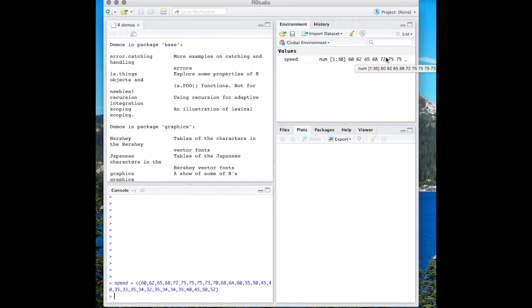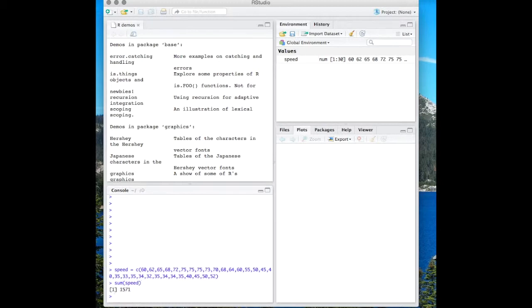And now, remember, we want to add up all of the distances we've traveled. So what if we just added up all of the things that are in speed? If we did that, we'd be assuming that 60, 62, 65, that's how far we've traveled, so that would be if every interval had been 1 hour long. So I can type sum(speed). This is how you tell the computer to add up all of the things in a list. When I press enter, I get